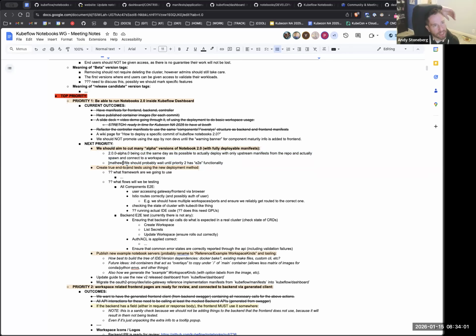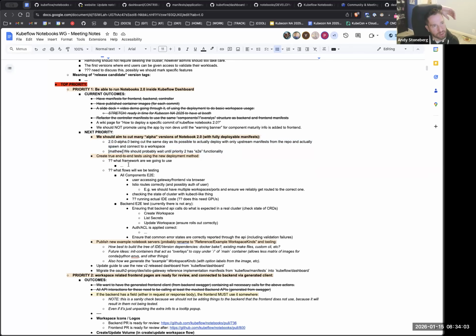I think that's where the alpha comes from, because then we can at least reasonably say it has been tested. Yes, the thoroughness of the testing isn't where we want it to be, but in good faith we can say we feel like this works, because we have at least a minimal test, it stands up and we can see stuff running. The only concern is that we'll have to cherry pick a lot of commits into the release branch, because I will have to cut a 2.0 release branch. That's my only little worry. Yeah, it's fine.